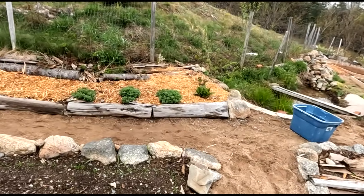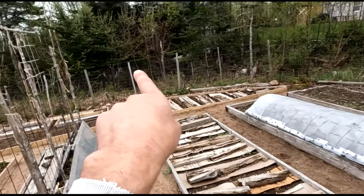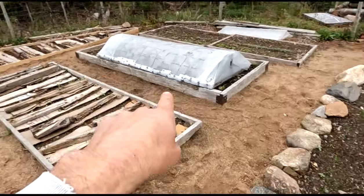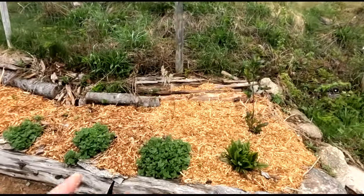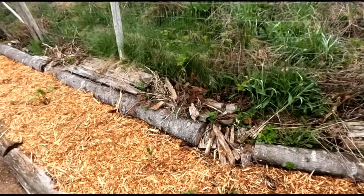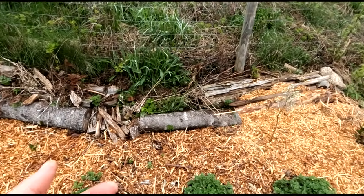Over here, I got another kind of edge. Right? That way is south. That's north. This is an edge. So why not grow perennials here? It makes sense, right? They've got height, they cast shade. So I've got